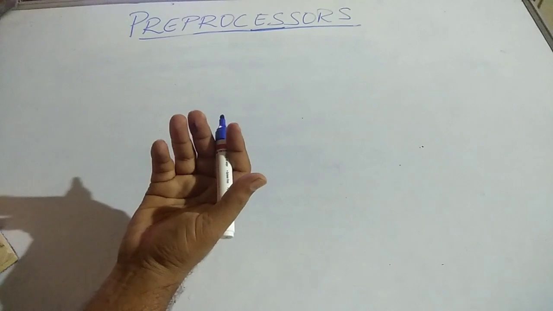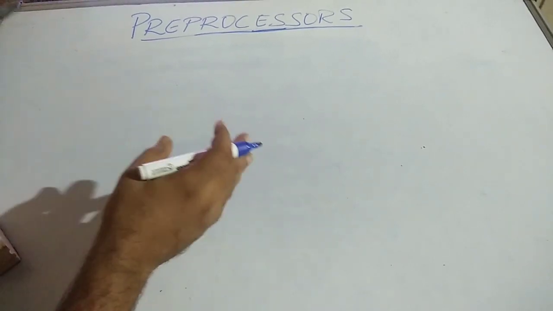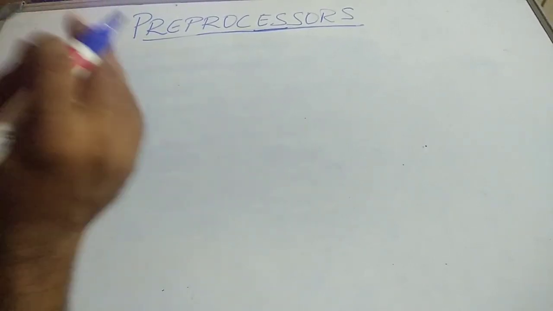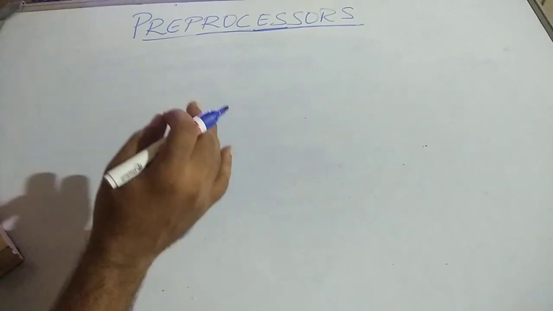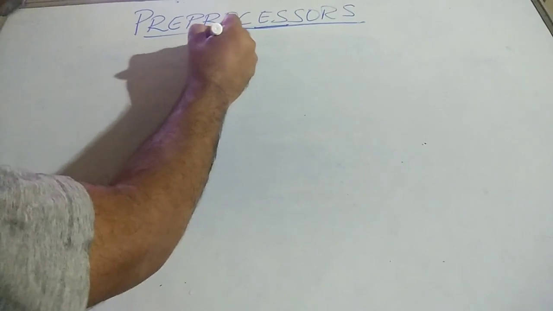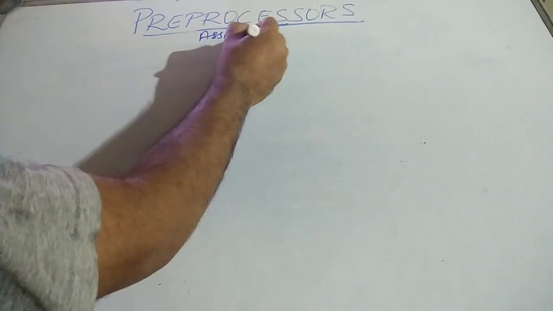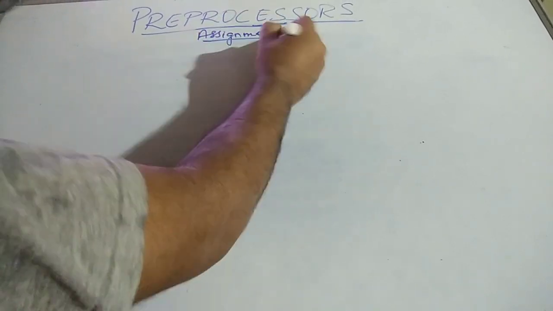Is it clear? So we can also create our own program. We can also create our own file also, or we can also create our own library. Is it clear? So each and every preprocessor directive should be beginning with a hash. So a hash symbol indicates it's a preprocessor directive. Now we'll see some set of assignment questions for you people on these preprocessor directives, right?